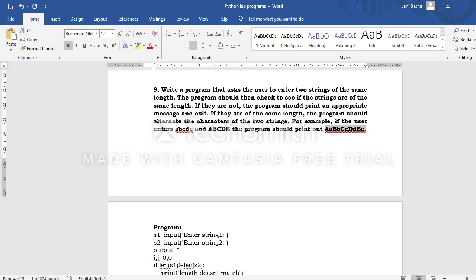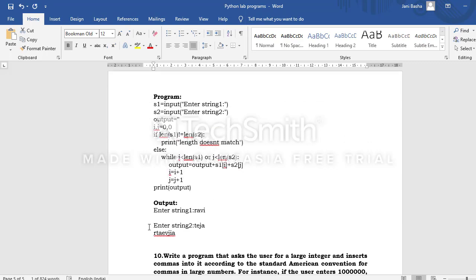We are printing the alternate characters of each and every string. A is combined with this particular A, again B is combined with this particular B, like that we need to print both strings. If the string lengths are not equal, we get a message saying that string lengths are not matching. No need to perform anything when the lengths of the strings are not matching.